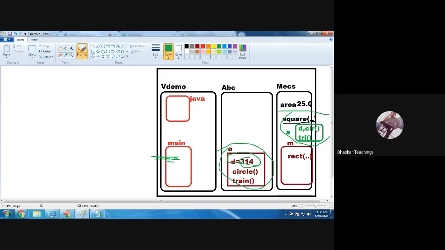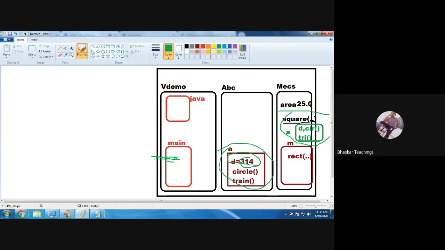it is independent. Suppose there is a class student, and S1, S2, S3, S4, and so on are objects. So in S1, assume the name is Joshua. And in the S2 object, the name is Navya. In S3, the name is Vinita. So the instance variables, the data inside objects, are independent.